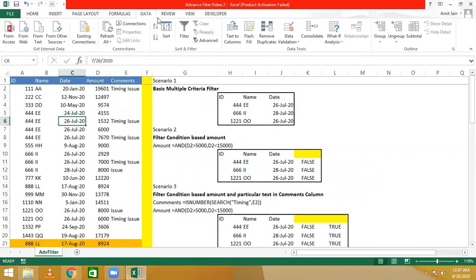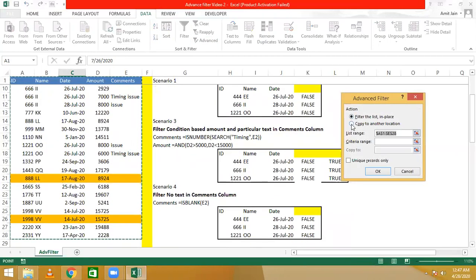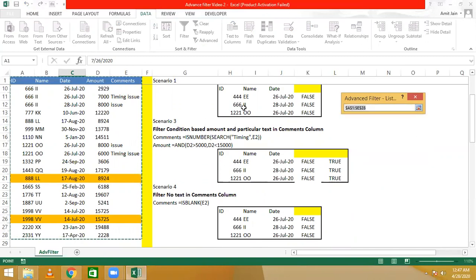So we will go to Data and then click on Advanced, copy to another location. We will see the list range, whether it is covering the whole current region or not. If it is not covering, then we can choose it manually like this.